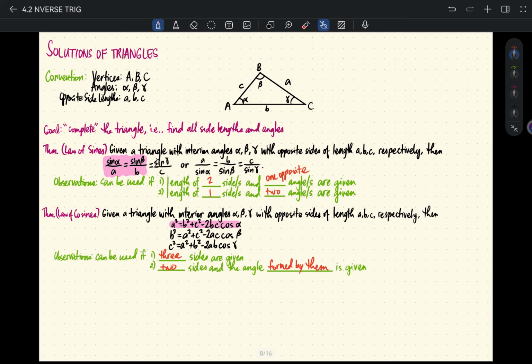Later on, you'll have a better instinct on when to use law of sines and law of cosines. We'll see that later in the given examples. But in general, if we look at these 4 right here, what can we observe? For number 1, you have 2 sides given and 1 opposite angle given. And here you have 1 side and 2 angles given. So for case 1, there are 3 given values. For this one, there are 3 given values. For this one right here, you have 3 values given. And this one, you also have 3 values given.